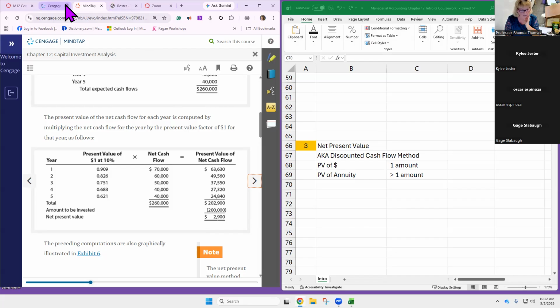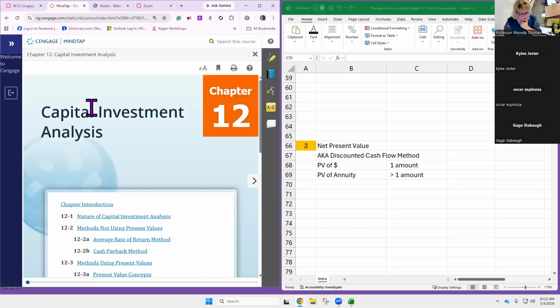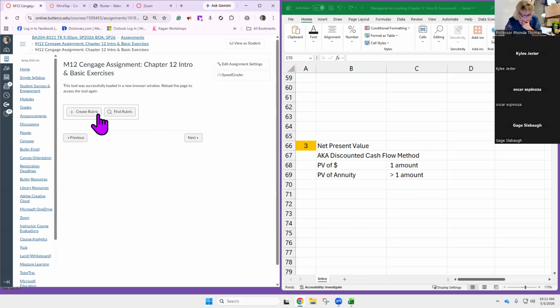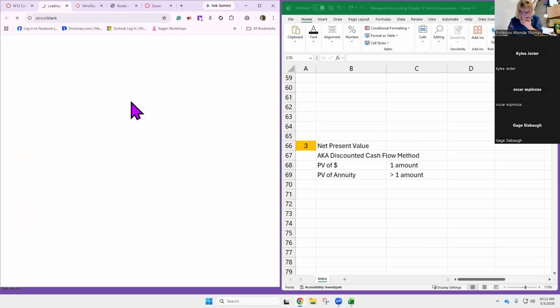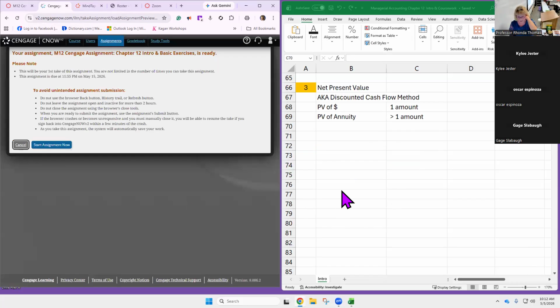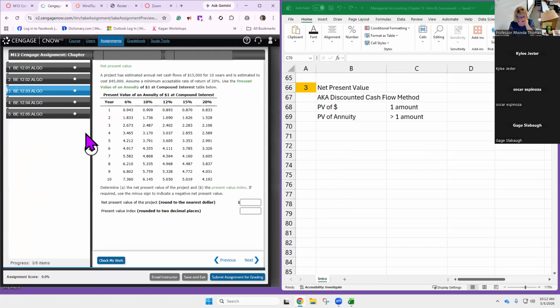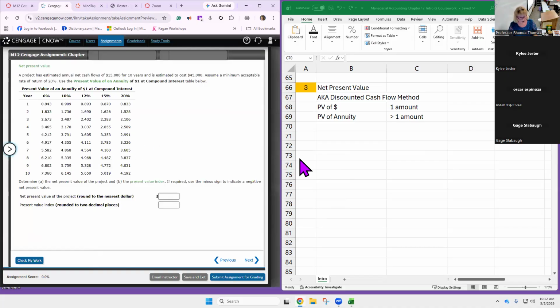All right, so let me go back to my problem now. Oh, hang on. I just got rid of it. Okay. So we're going to have to do some calculations here. We're going to use the table, and we might need to use both tables. Just depends on what they're going to have us do. So we're on number 3 now. All right, so let's go ahead and label what we have.